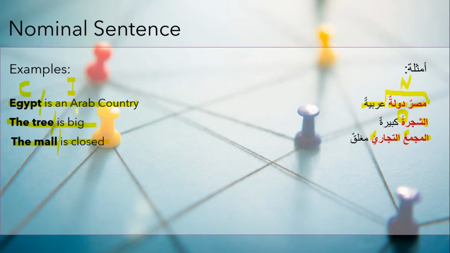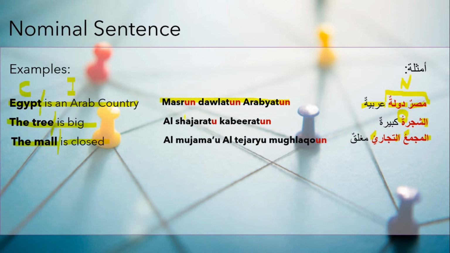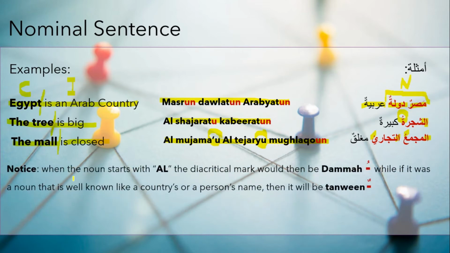For mubtada I will write C, and for the khabar I'm going to write I, which is information, just to try to understand how we are going to pronounce that. مصر دولة عربية. الشجرة كبيرة. المجمع التجاري مغلق. So try to notice here, as I was saying before, if I'm using al, the diacritical mark